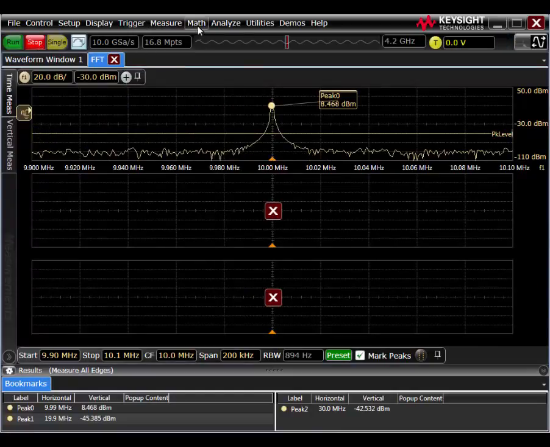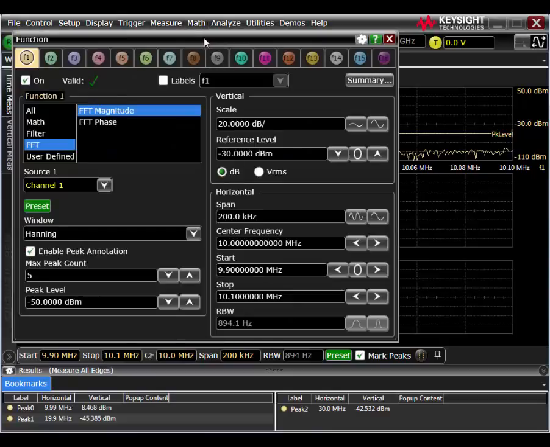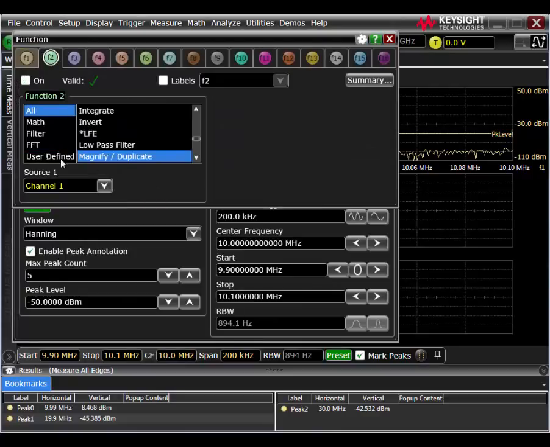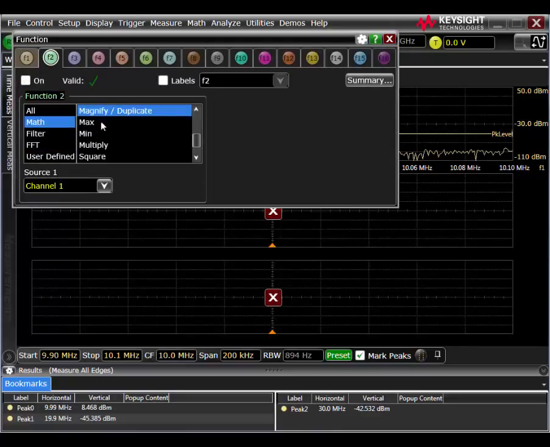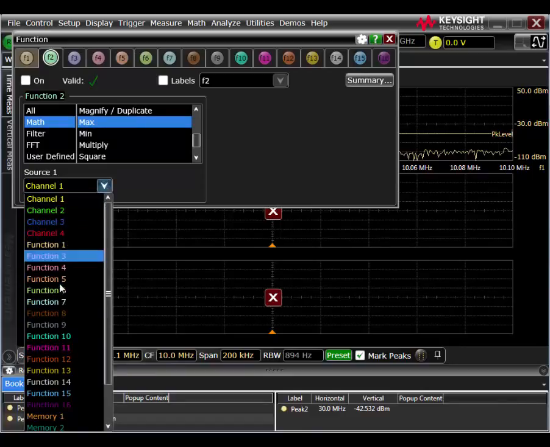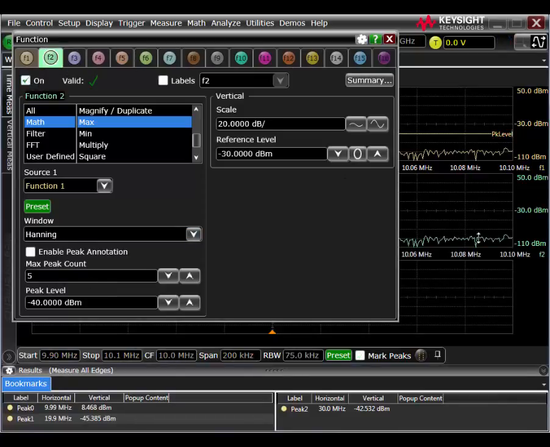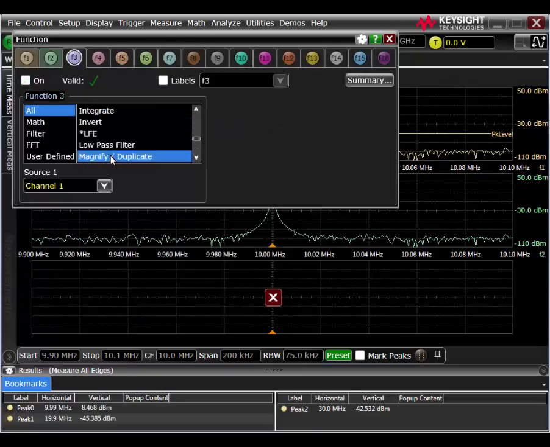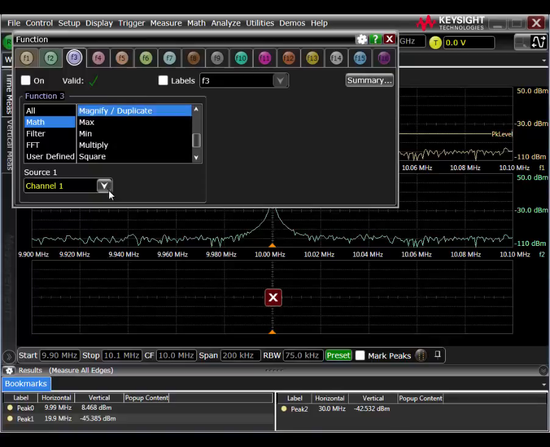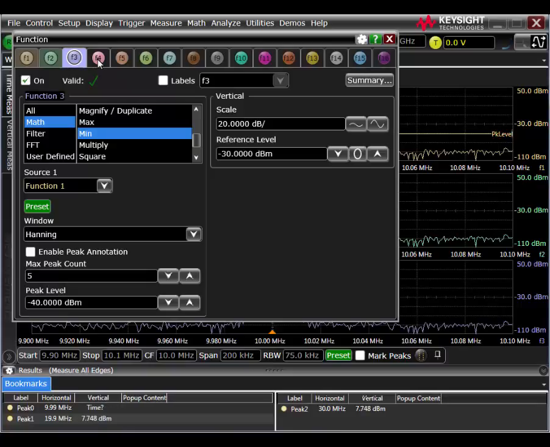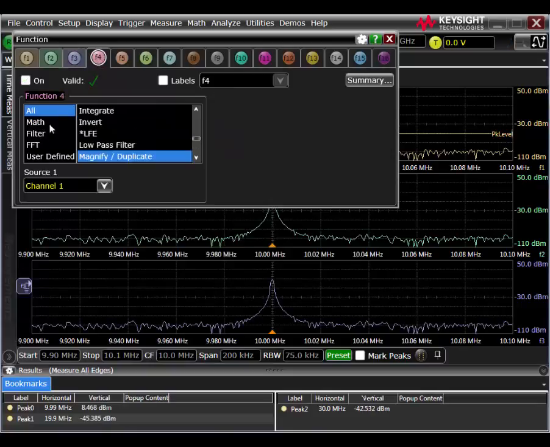So I can go to Math and Functions, or I can hit the plus button near the channels, go to Function 2. So I want to do a max, and I need to select Function 1. So that's my FFT. And again, I get a similar window. Turn that on. And we notice it automatically shows up in this lower grid. F3, Math. Again, I want to do min, Function 1. Turn that on. And now finally, F4, Math, and it should show up under Average,